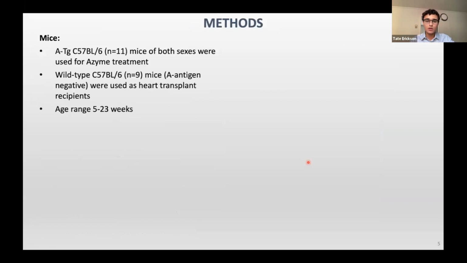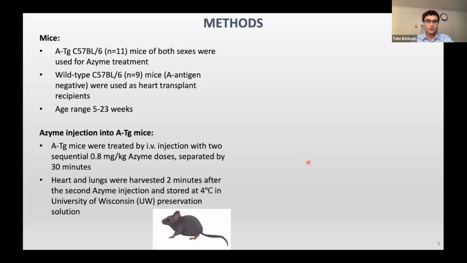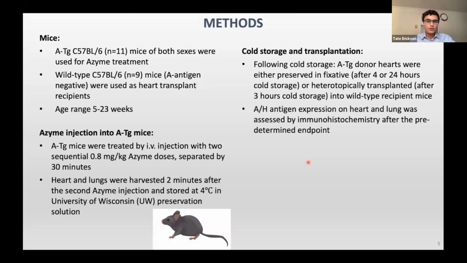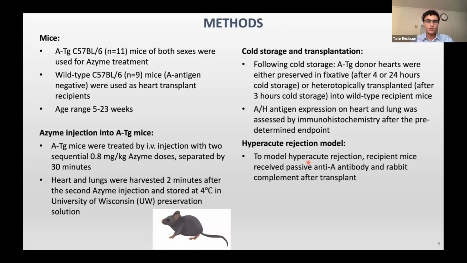To do this, we used Black 6 mice of both sexes with A transgenic mice as our donors and wild type mice as recipients. In vivo AZyme treatment involved injecting mice with 2 doses of AZyme separated by 30 minutes, and then heart and lung were harvested 2 minutes after and stored in an organ preservation solution. Hearts were then directly transferred into fixative or heterotopically transplanted into recipient mice with A and H antigen assessed by immunohistochemistry. To model hyperacute rejection,